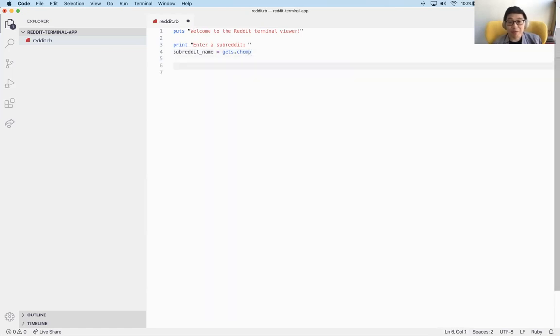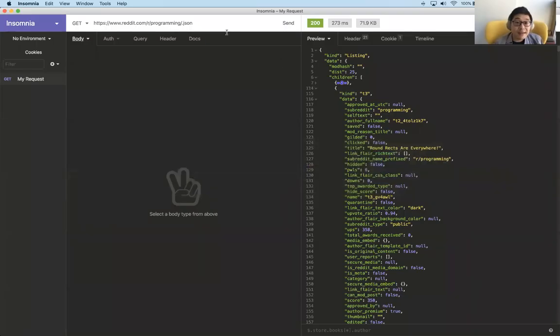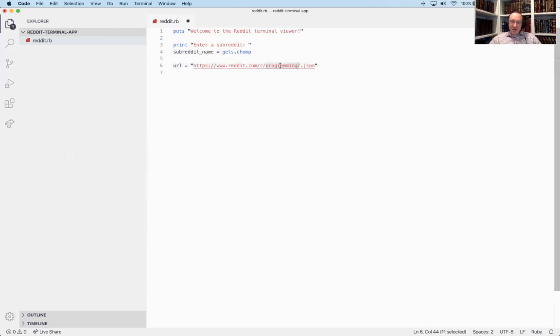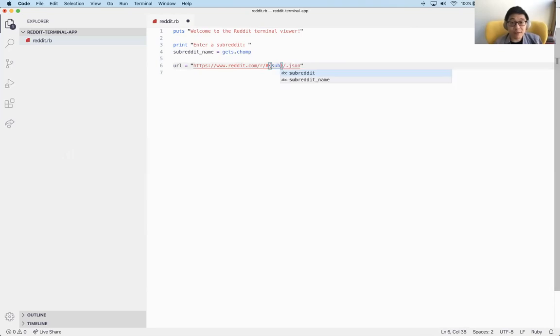And then here's where we'd make our web request. The web request would be basically to this particular URL. Right. We just insert the subreddit name, right? Yeah. Correct. We'll string interpolate the subreddit name into here. And for right now, let's just put